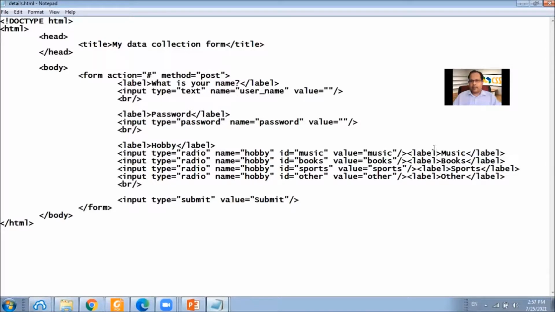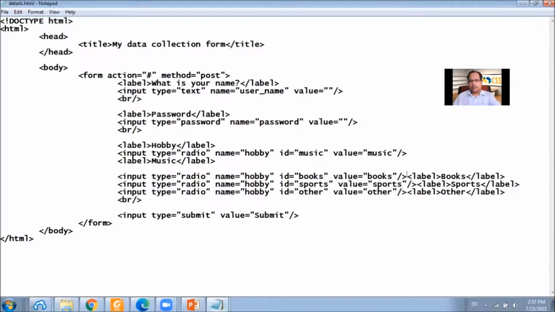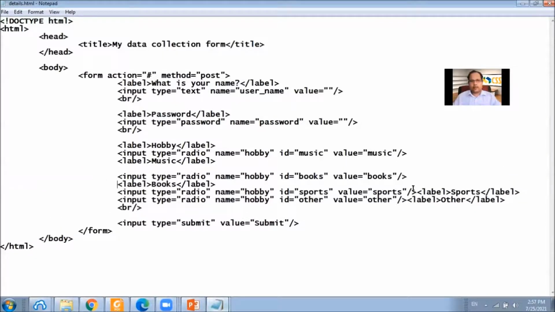In the label, now if we want to select the music radio button upon clicking on this music label, we will arrange the structure a little bit.